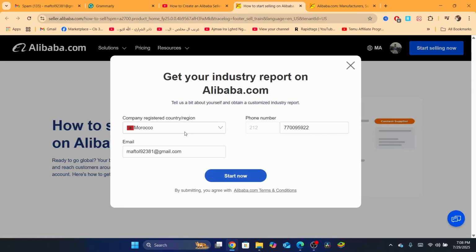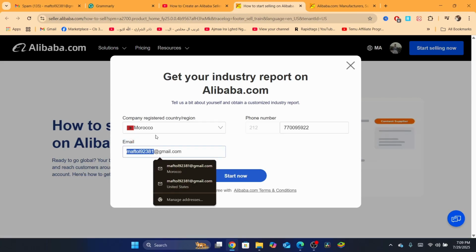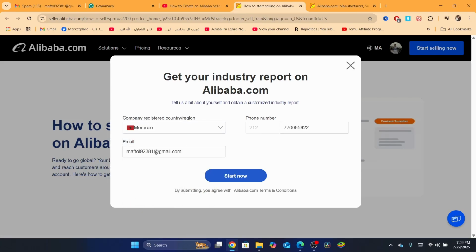Now they will ask you for other information, the company registered country, so where your business is registered. If it's registered in United States, you just need to select here United States. If it's registered in, for example, in my case Morocco, just select here Morocco, and here the email address and the phone number. Now what you need to do is add here the phone number and the